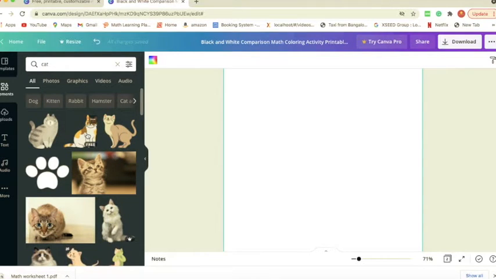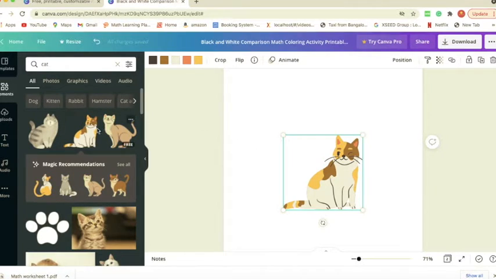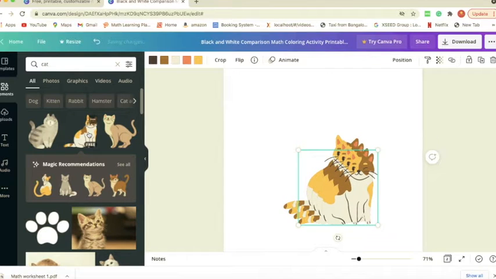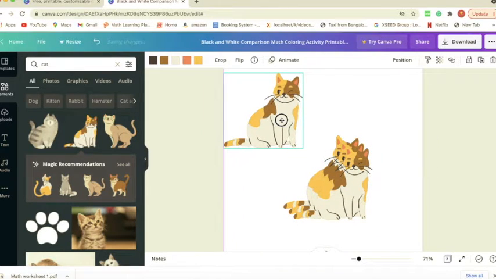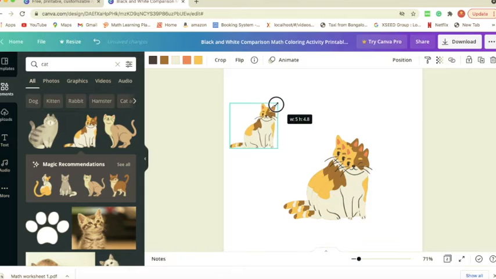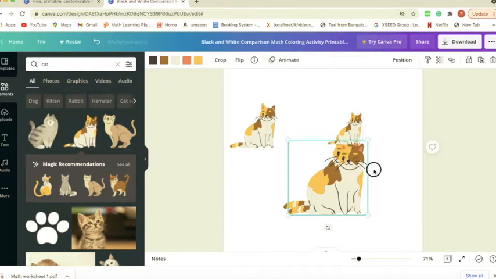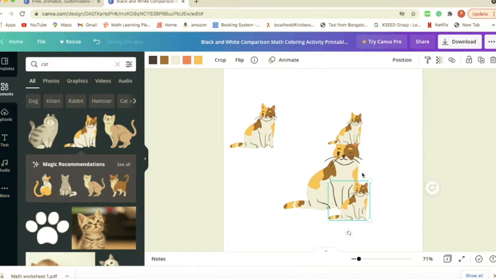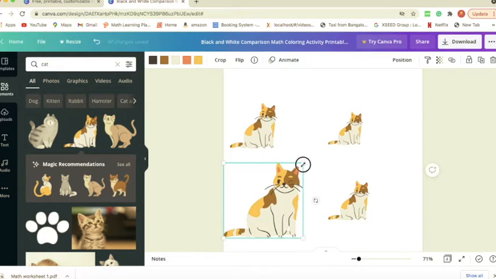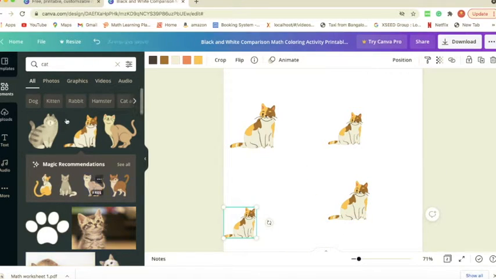I just search cat in the elements tab and click 2-3 times so that I get 4 pictures of cat. To resize, just drag from the corner of that image and make it either small or large as per your worksheet.